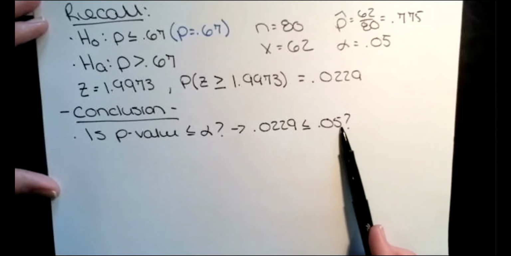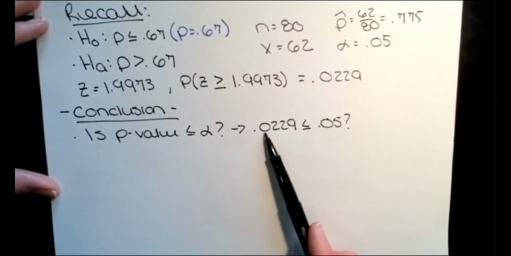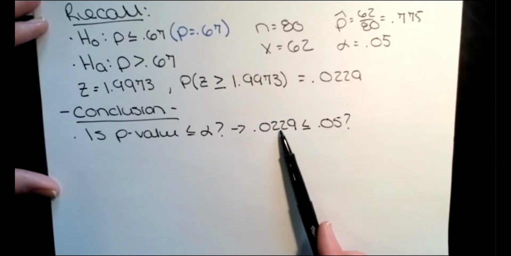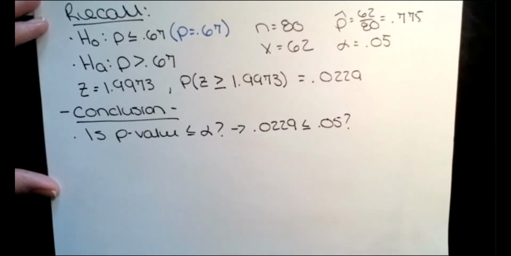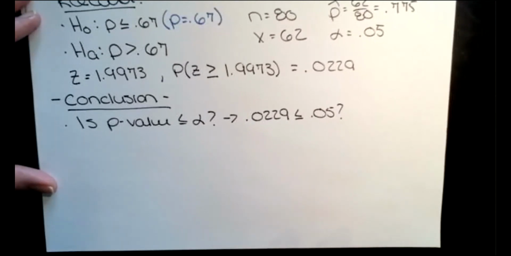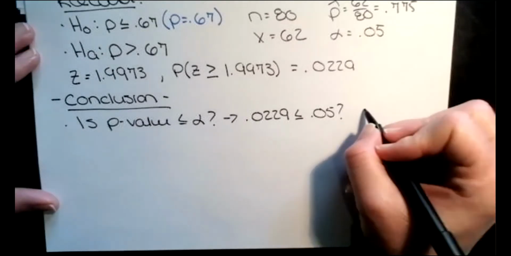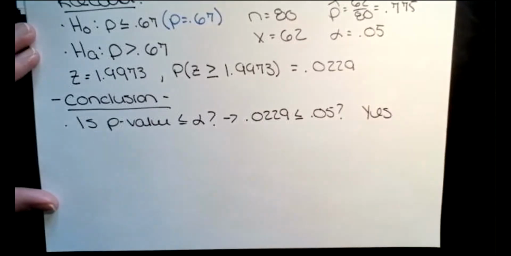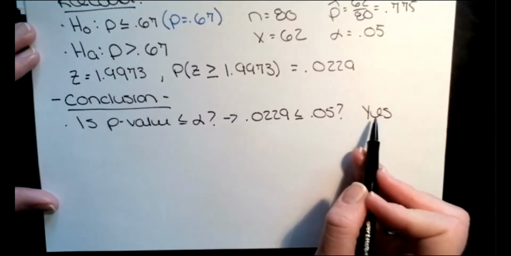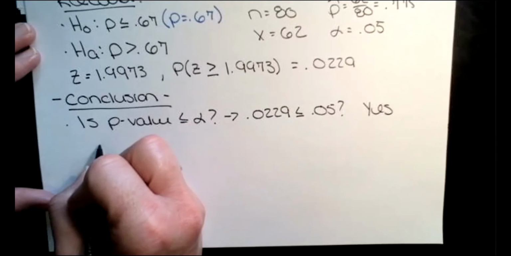So say, is 5% greater than 2.29%, right? So is the 2.29% smaller than 5%? Yes, it is. So much easier for most people to look at it as a percentage. And if you're one of those people, do it that way, right? So my answer here is going to be yes. So if I'm answering yes here, then I'm going to say